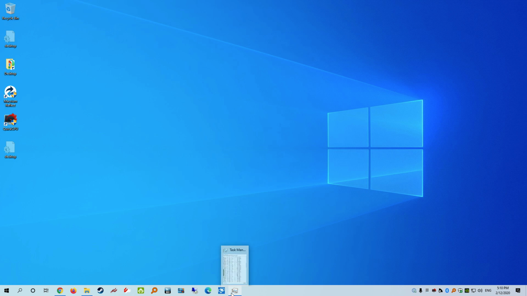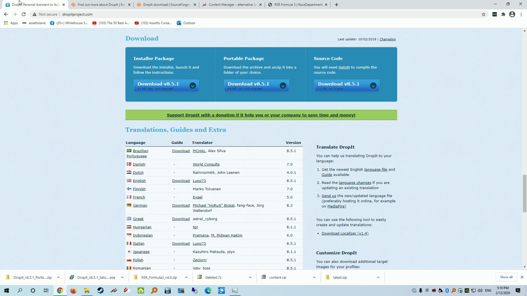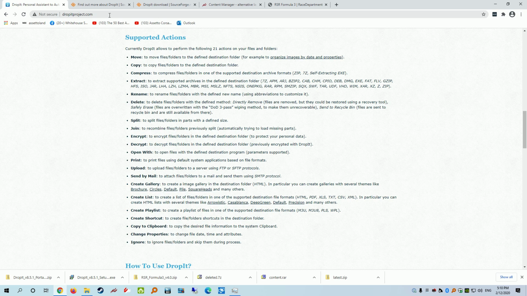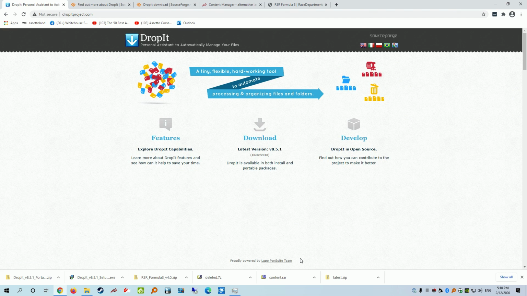What I'm going to be showing you today is how to use a program called DropIt. This program here, dropitproject.com, you can download it from. How to use this program to streamline your new mods that you want to add to Assetto Corsa with Content Manager, and how to use this program to create the correct folder structure, so Content Manager can import the mods correctly to the right location when they need to be, so you can